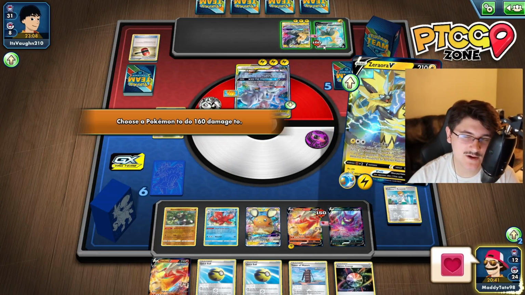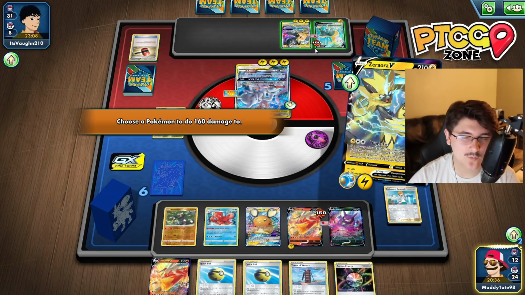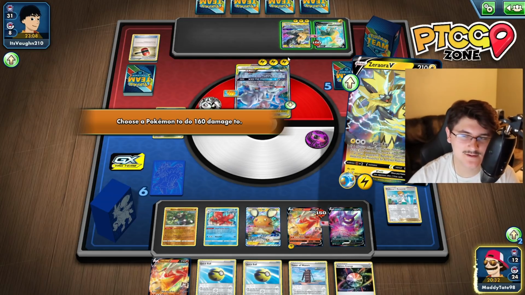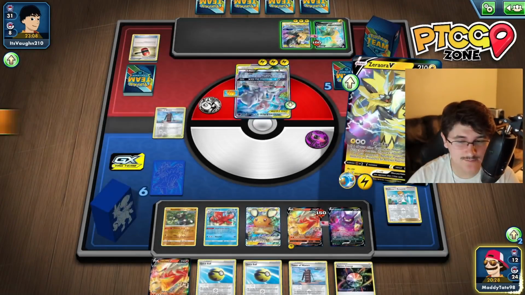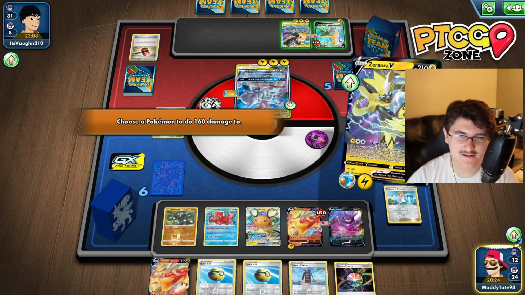Now, I think what we could do is do the extra damage here to the Bolton and KO it. But I actually don't want to do that. The reason is that I kind of want to keep this around because we can KO it in the active spot. The thing is, we're down two Boss's, but I believe that we still have Boss's Orders in our deck. But we don't really have a great way to find it. So I'm actually...